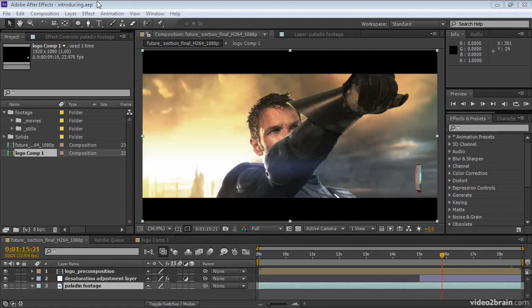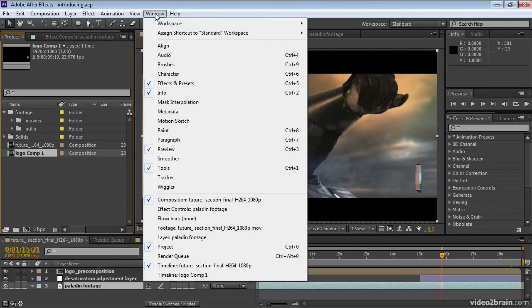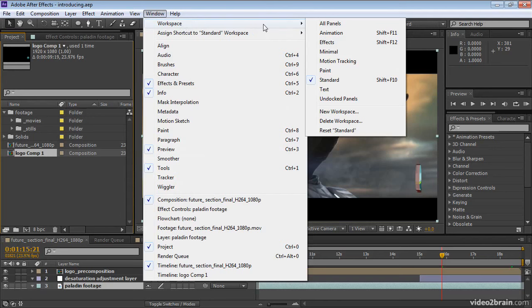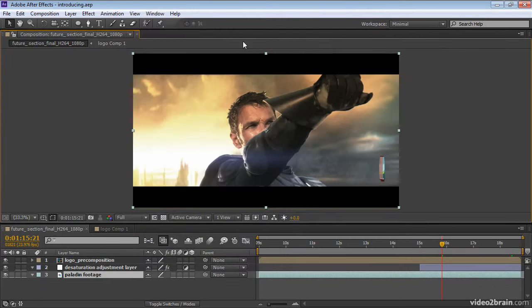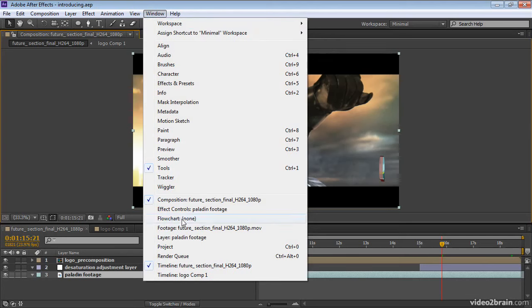In this video, we'll take a tour of two panels that you'll be using a lot in After Effects, the Composition panel and the Layer panel. Let's begin by choosing a workspace in which we can see both the Composition panel and the Layer panel side by side. We'll start with the Minimal workspace by choosing Window, Workspace, Minimal, and then choose Window, Layer,